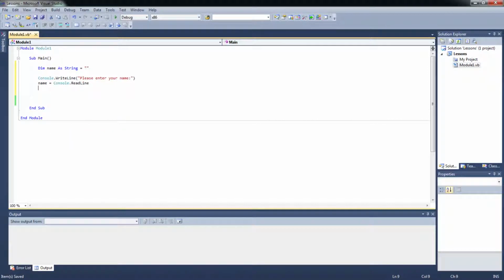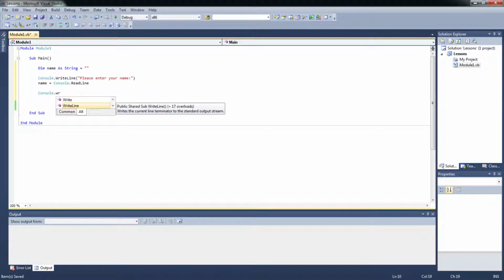console.readLine. Now, if you're curious about the difference between readLine and read, just like on writeLine and write, it is that after it does whatever it needs to do, if it is write, it will write, if it is read, it will read, then it would simulate like an enter key, so it would start fresh on the next line. So you could do something like